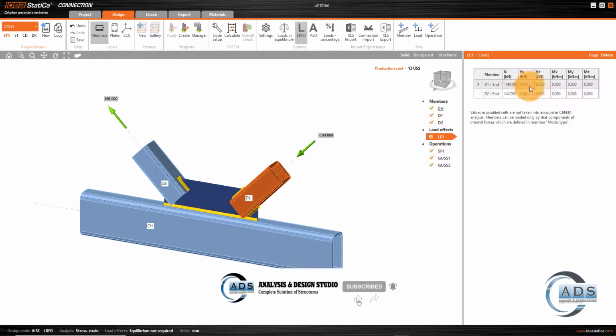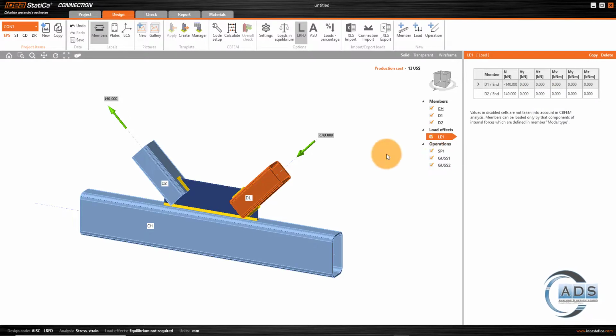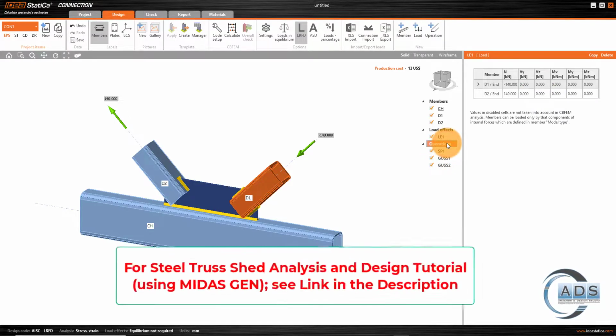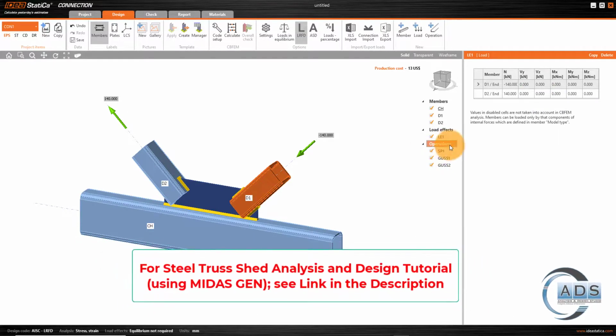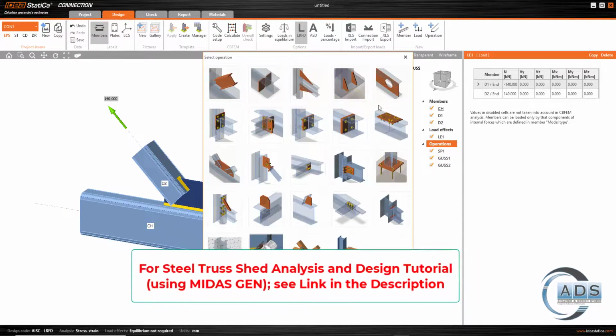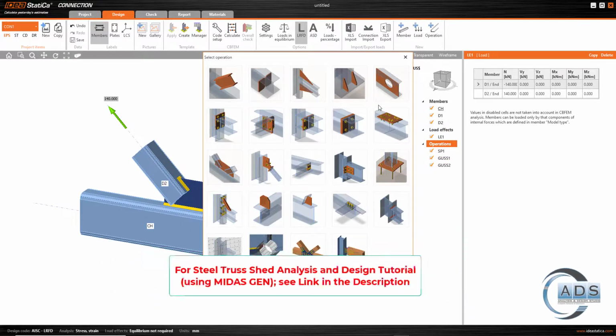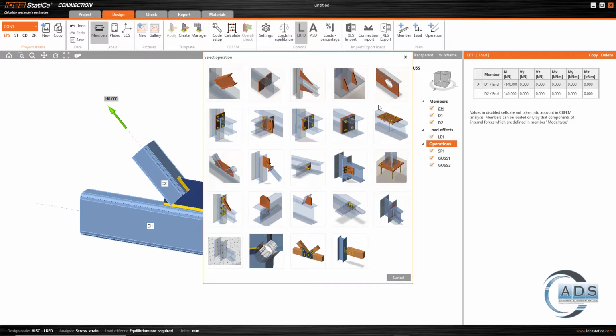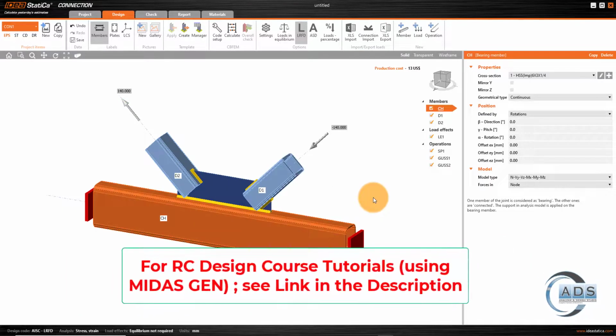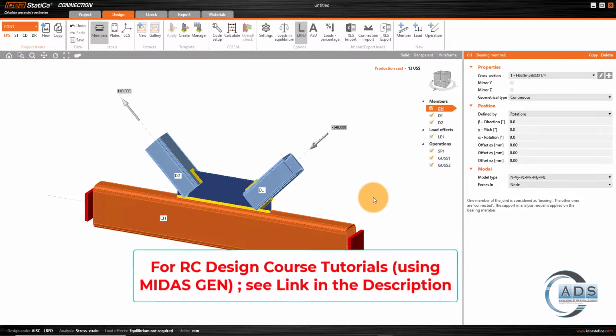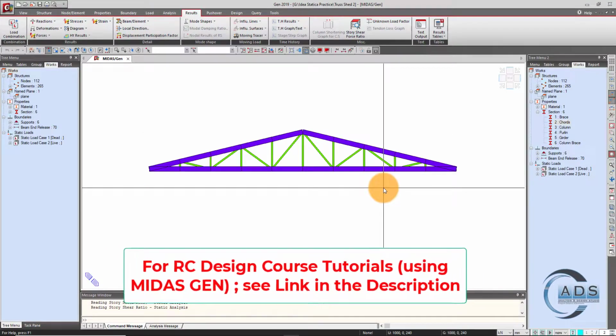Similarly, loads effect, in which we can define the loads for which we have to design the connection. Now the third one is the operations. There are different kinds of operations for our connection design. These operations are basically the toolkits for modeling different types of connections. Since we are not using these sections as our connection members, let's go to our model and check the